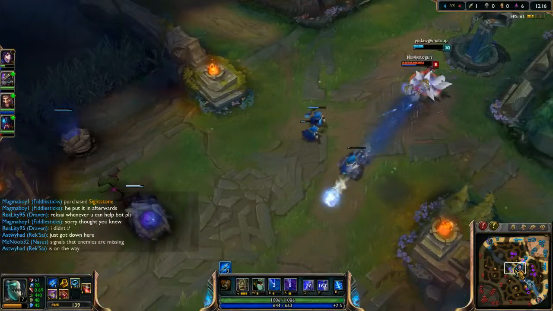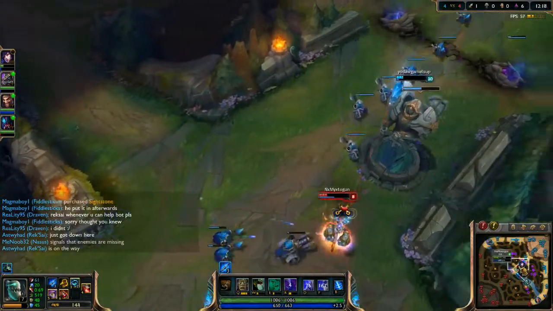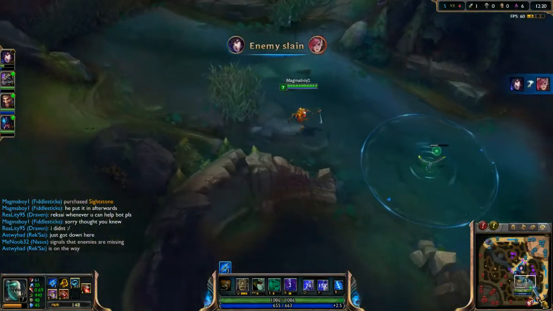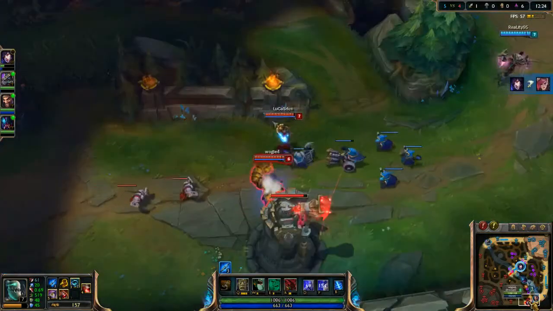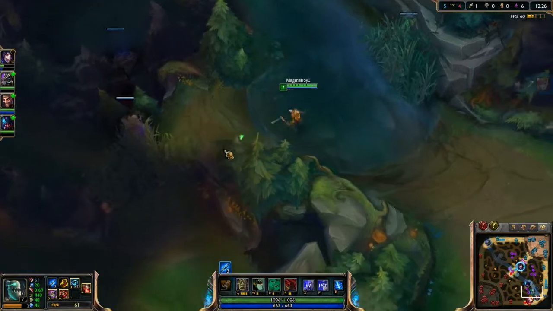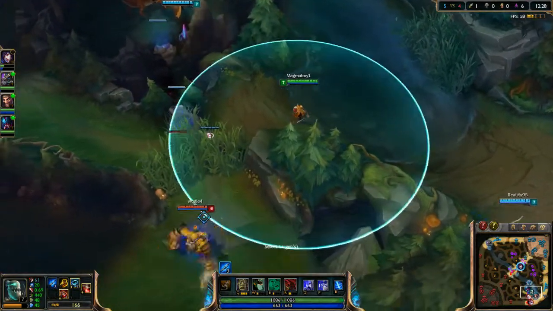Okay, let's see if we can help the mid lane. If she has a charm or something, okay, mid lane's dead. At this point, just seeing that she went way too far, we know that he's gone, and this is the best place for